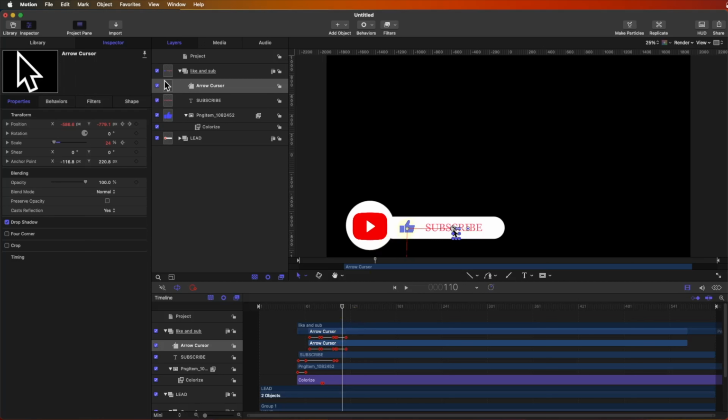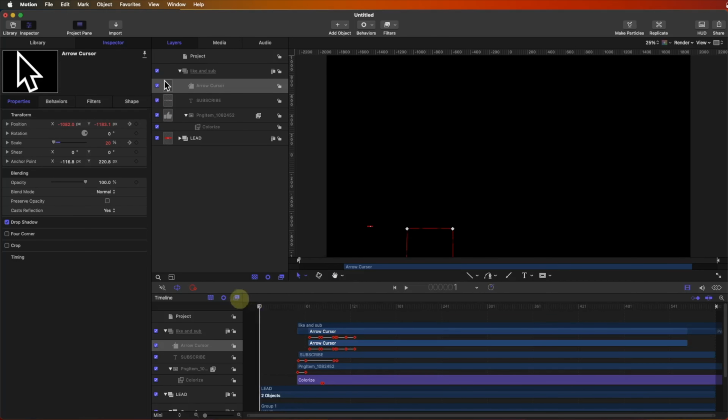Otherwise, we have a real curve going down. Now we're gonna push it down, a little bit forward, and push it all the way down. As you can see here, when I play,